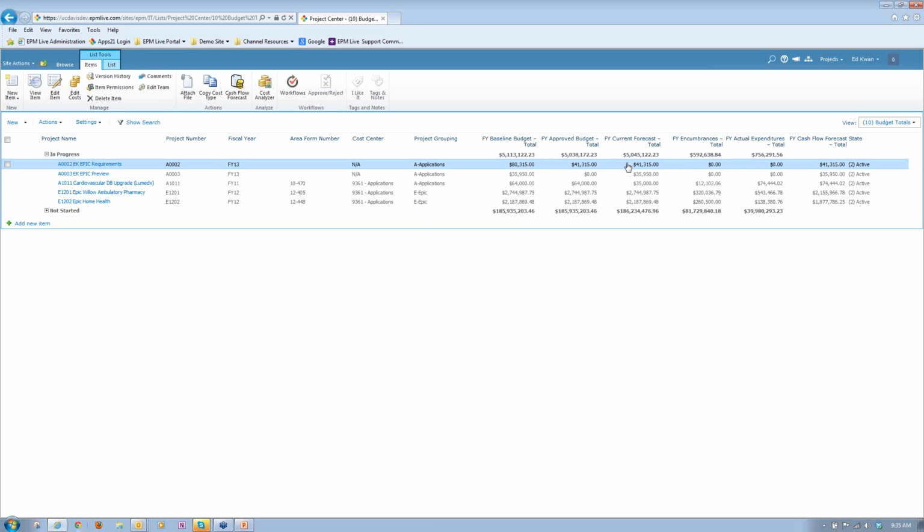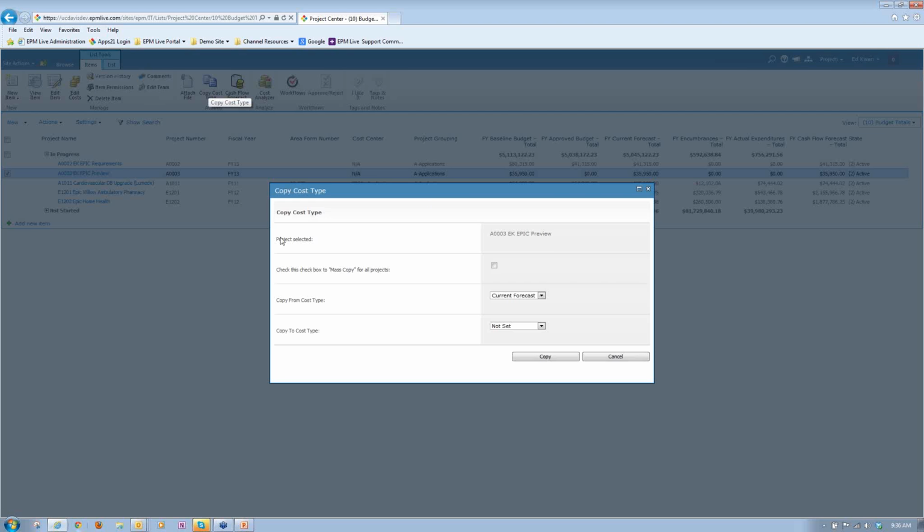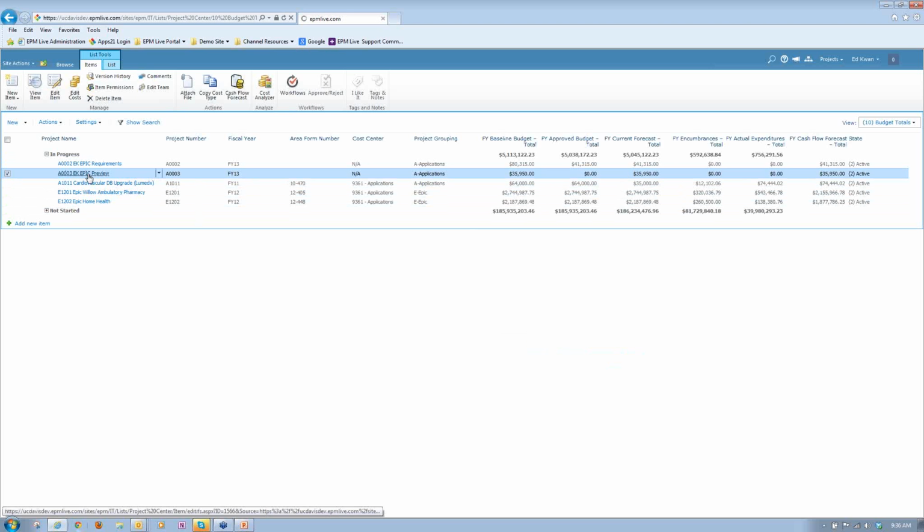But as administrator, I can copy my current forecast to a particular area. For example, this particular project has $35,000 of current budget, but I have no approved budget. If I say that this is now the right time to approve this budget, I would press this cost type button, and it allows me to, for this particular project, copy my current forecast to my approved budget. And if I say copy, and I go back in, out,